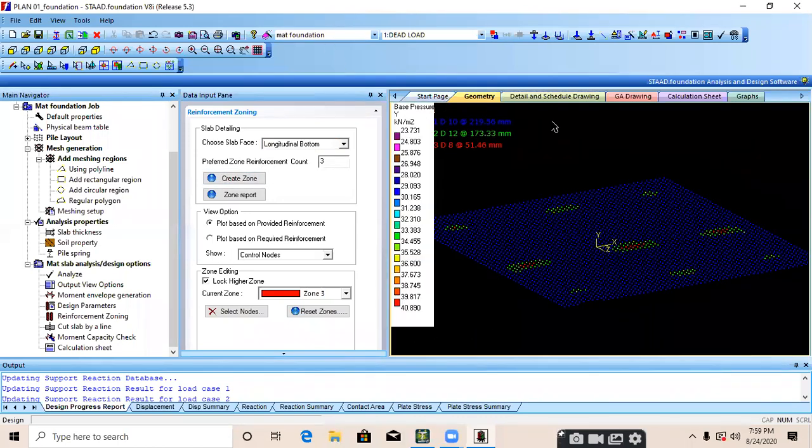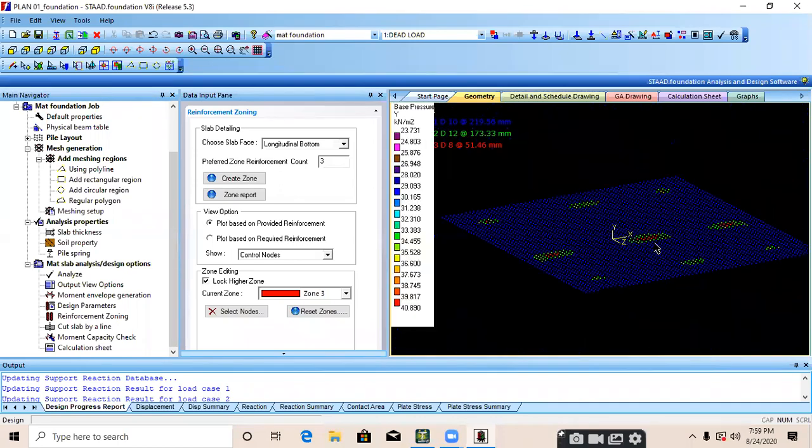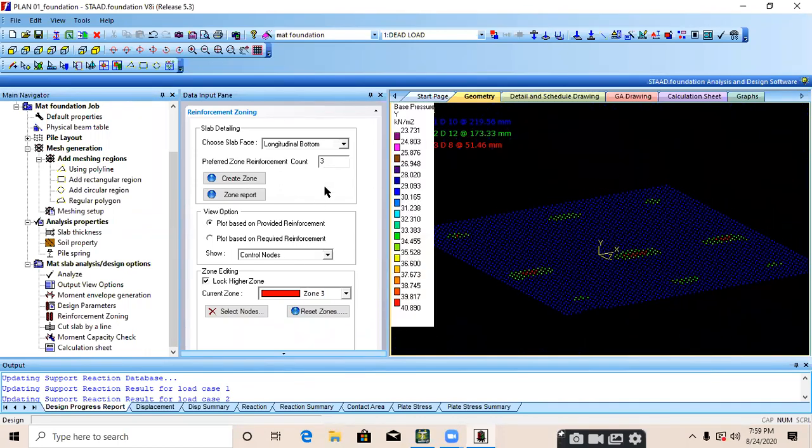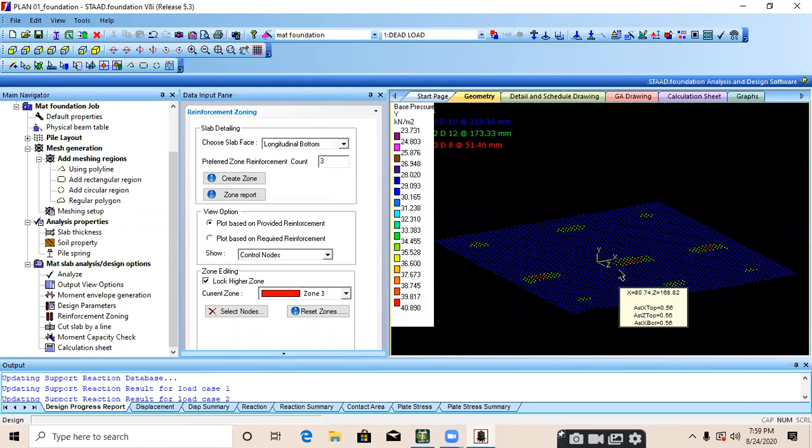Look at this. For a single structure, there is a red color and a green color. So it means load is transferring to the mat, because there is a column. At the intersection of the column, it shows the maximum reinforcement. For a single structure, we can model 2 to 3 meshes also. You can make a mat for one purpose, for 4 columns for one, like that. Mat 1, mat 2, mat 3, like that. Okay, thank you.